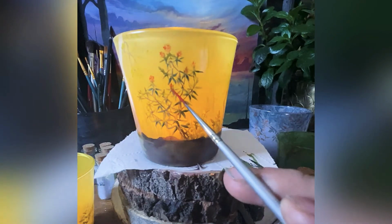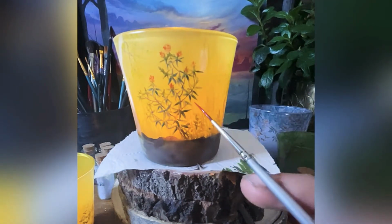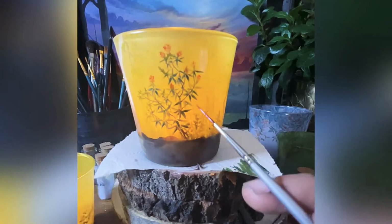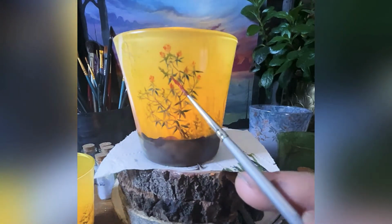Since the chat went completely quiet, I'm assuming that you guys are holding. They do. Wonderful. Thank you. That's a relief. I wasn't quite sure what the first comment was going to be. That is very much a relief. And I think this is one of the first times I've actually painted colorful flowers into...